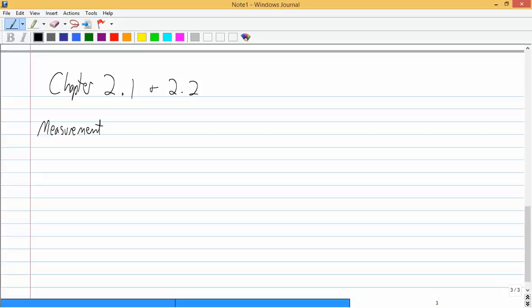All right, 2.2 is on science and data, and this is, let's see,